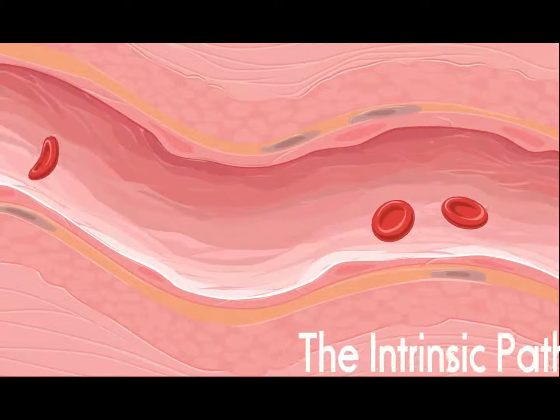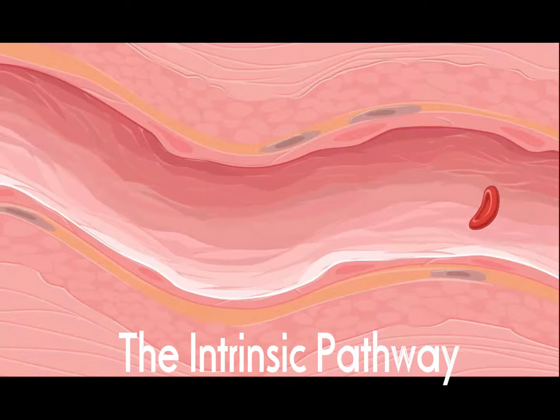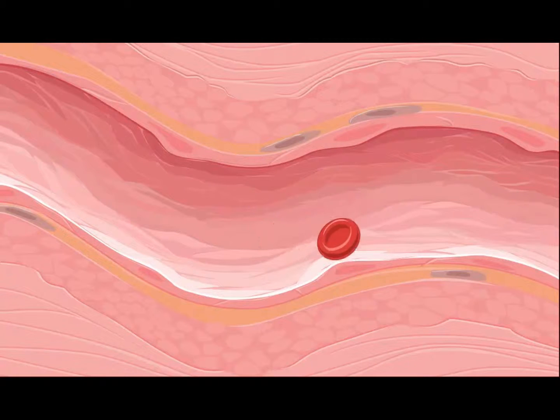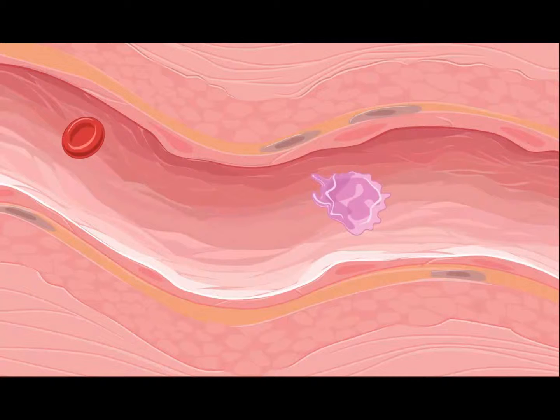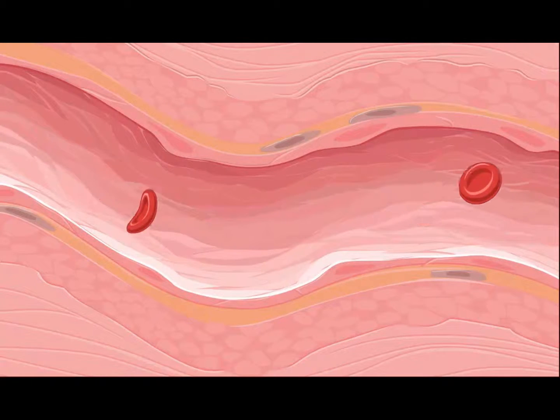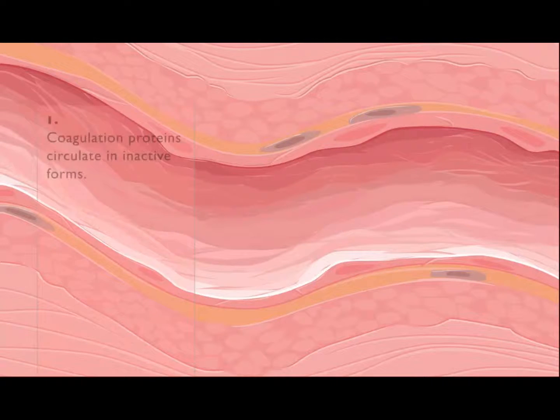Now, blood remains liquid despite the presence of a vast excess of coagulation proteins and platelets. This is because of a number of adaptive measures which suppress the coagulation machinery. First of all, each of the coagulation proteins circulates in the blood in an inactive form.